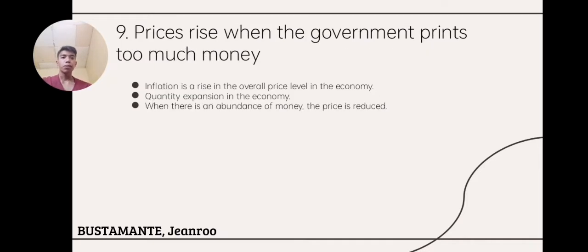The ninth principle is that prices rise when the government prints too much money. In most cases, the cause is that there's too much money in circulation. When governments print more money and there's more available, its value decreases. Prices follow inflation. Policymakers aim for a lower level of inflation to keep the market moving.